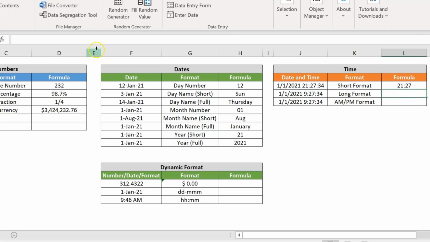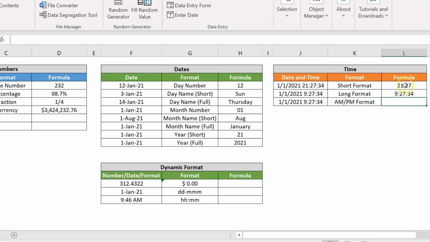We can use the similar formula, text, and here you can take HH:MM:SS. So you can show the seconds also. Just close the bracket. Now here you can see it is showing the seconds also. Alright. Because we have taken HH here, it is showing 09 in place of 9. But if you take H once only, it will show 9 in place of 09.